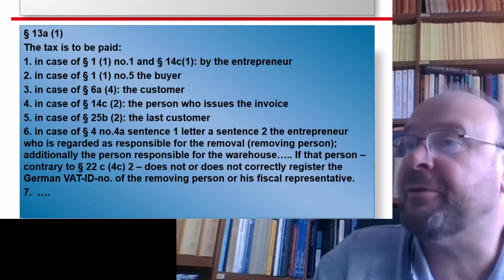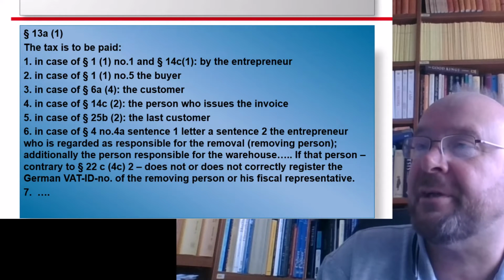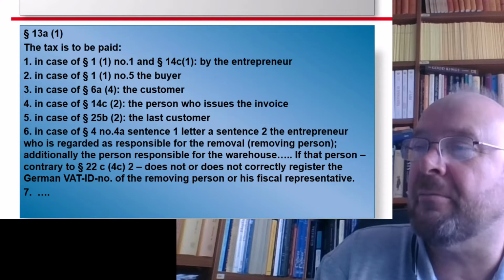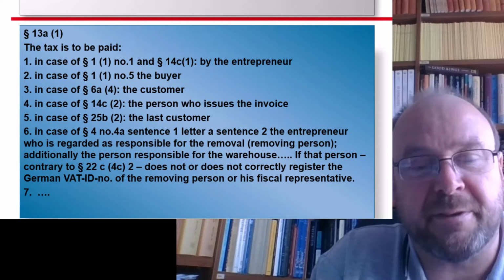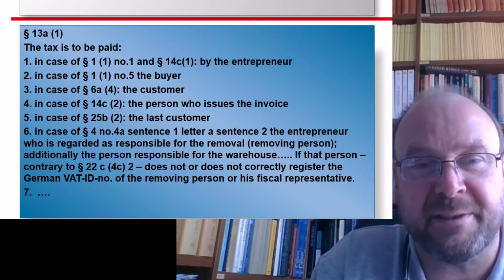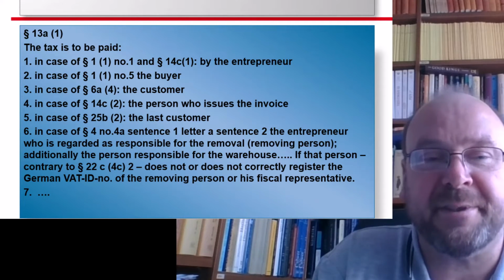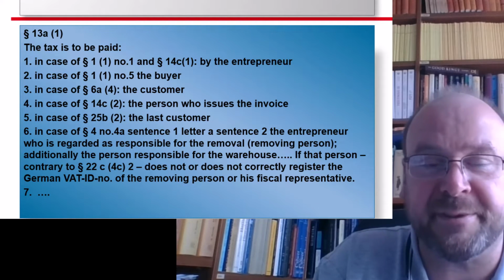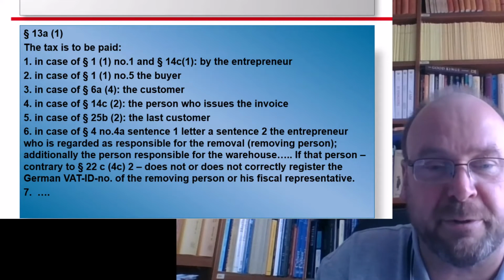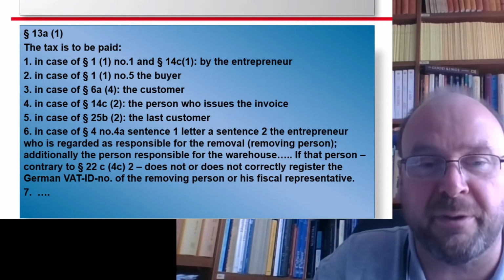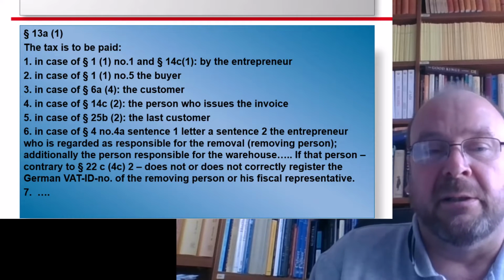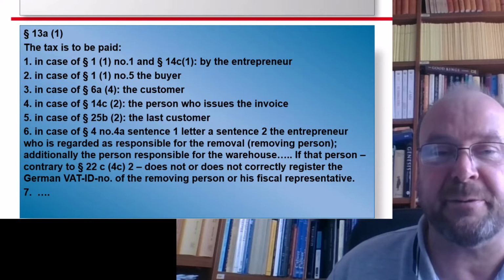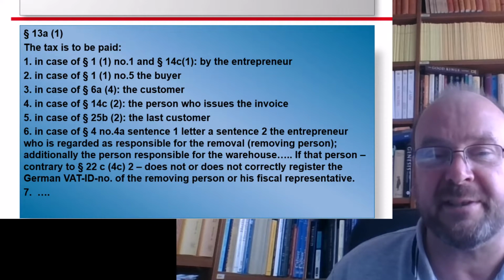Here we have paragraph 13a, the definition of the taxpayership. And directly entry number 5 gives us confirmation that in case of the tax on acquisitions on goods coming in from other member states, it is the buyer who is the taxpayer and naturally not the foreign seller, which would be too complicated and would spoil the whole idea. Furthermore, we need a rule on the arisal of the tax. That's usually to be found in paragraph 13. So let's have a look to paragraph 13.